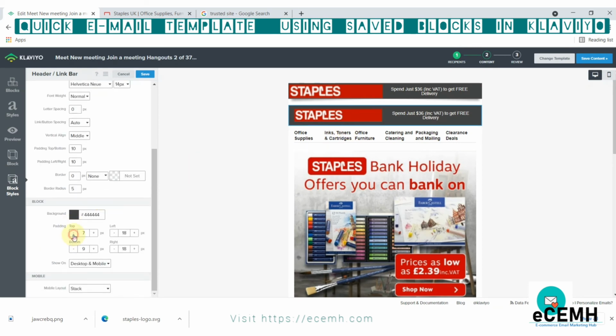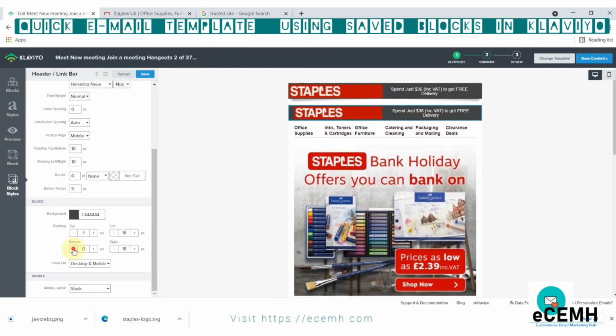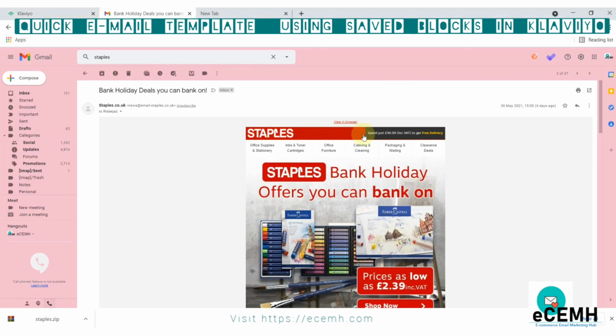From here we can set the block padding. I think it should be 0, and from the left hand side we can make it 3. Zero. Okay, so look, this is how you can create the same look-alike design.